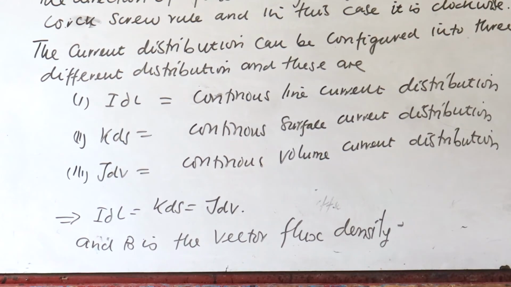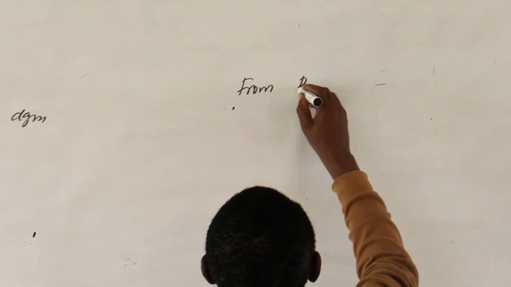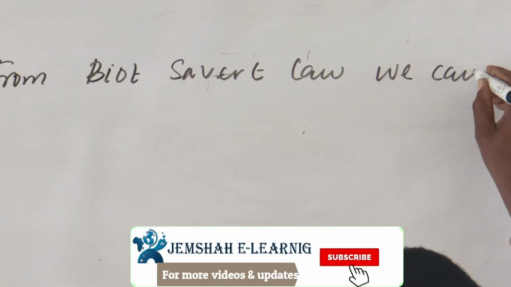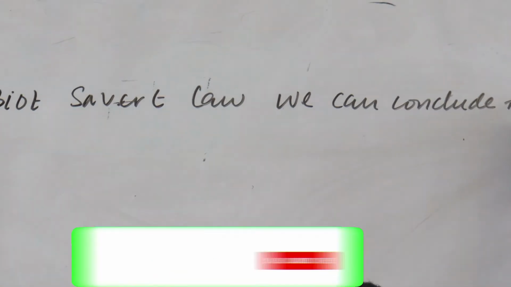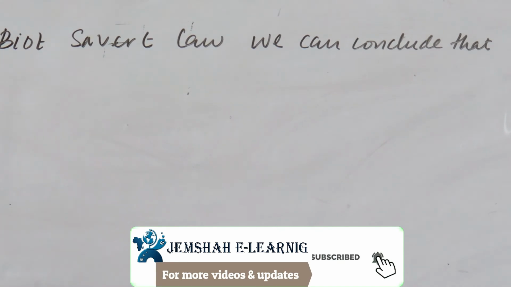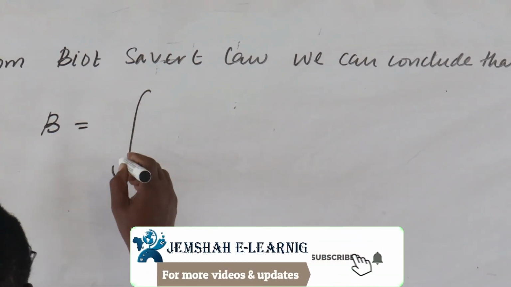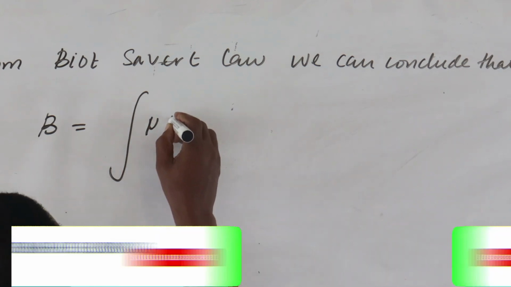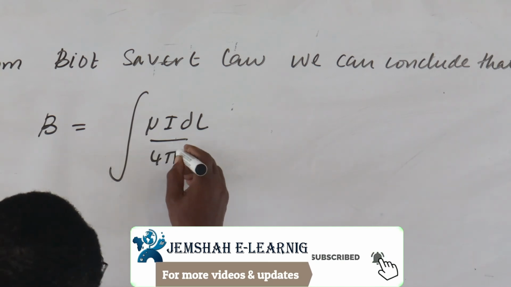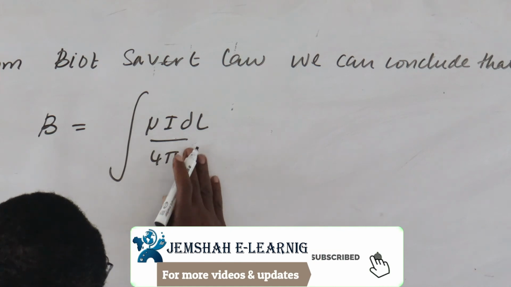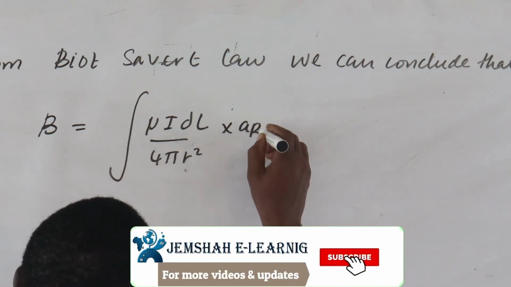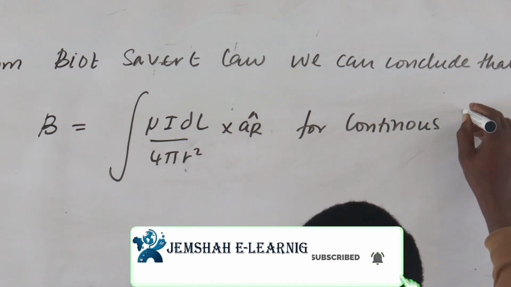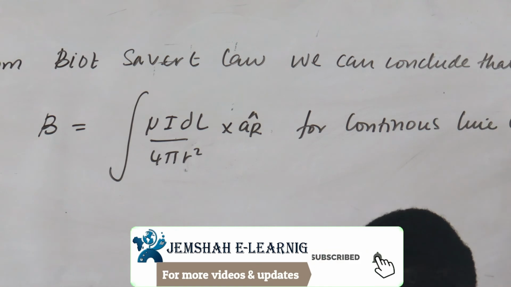And from Biot-Savart law, we can conclude that B is equal to the integral of mu I dL over 4 pi modulus R squared times the unit vector of R, for continuous line current distribution,